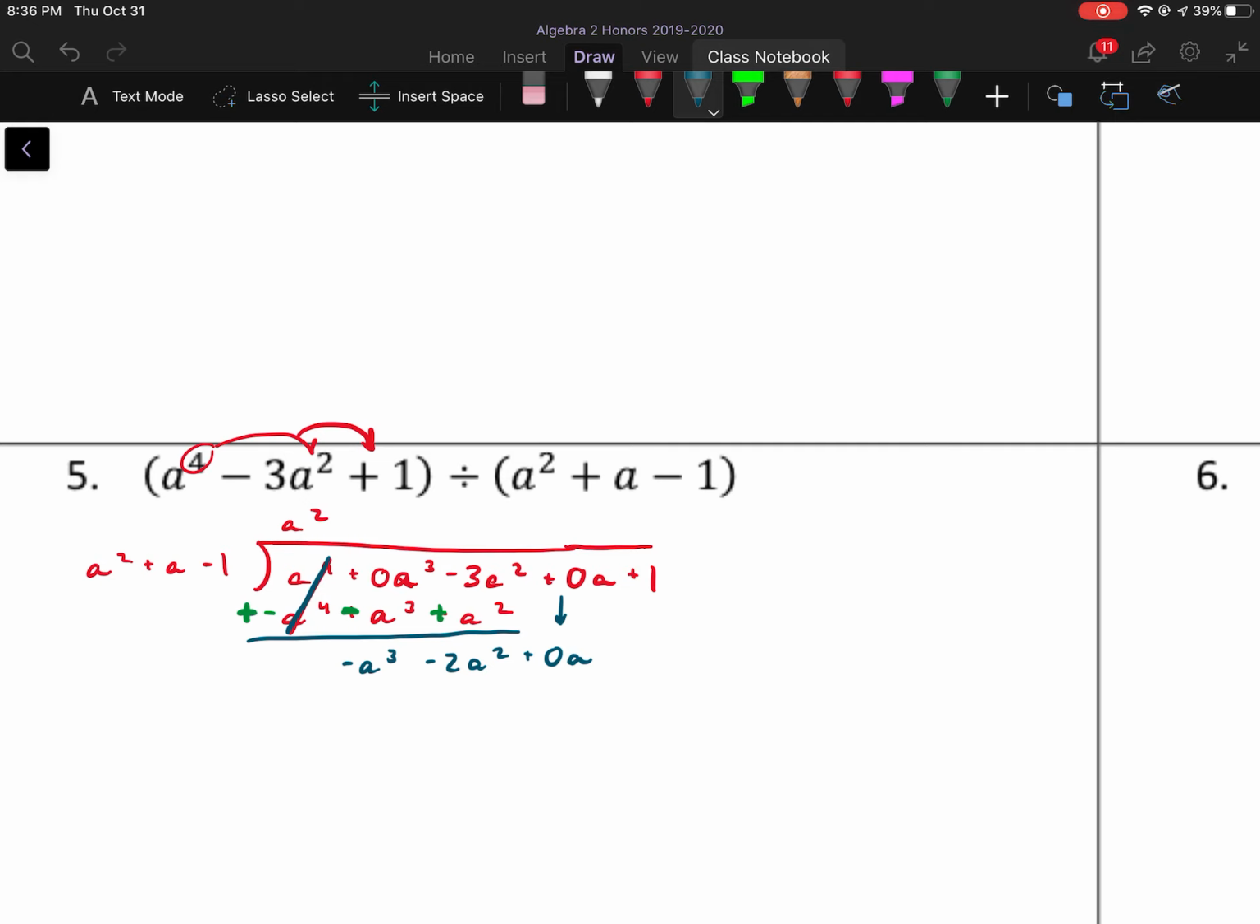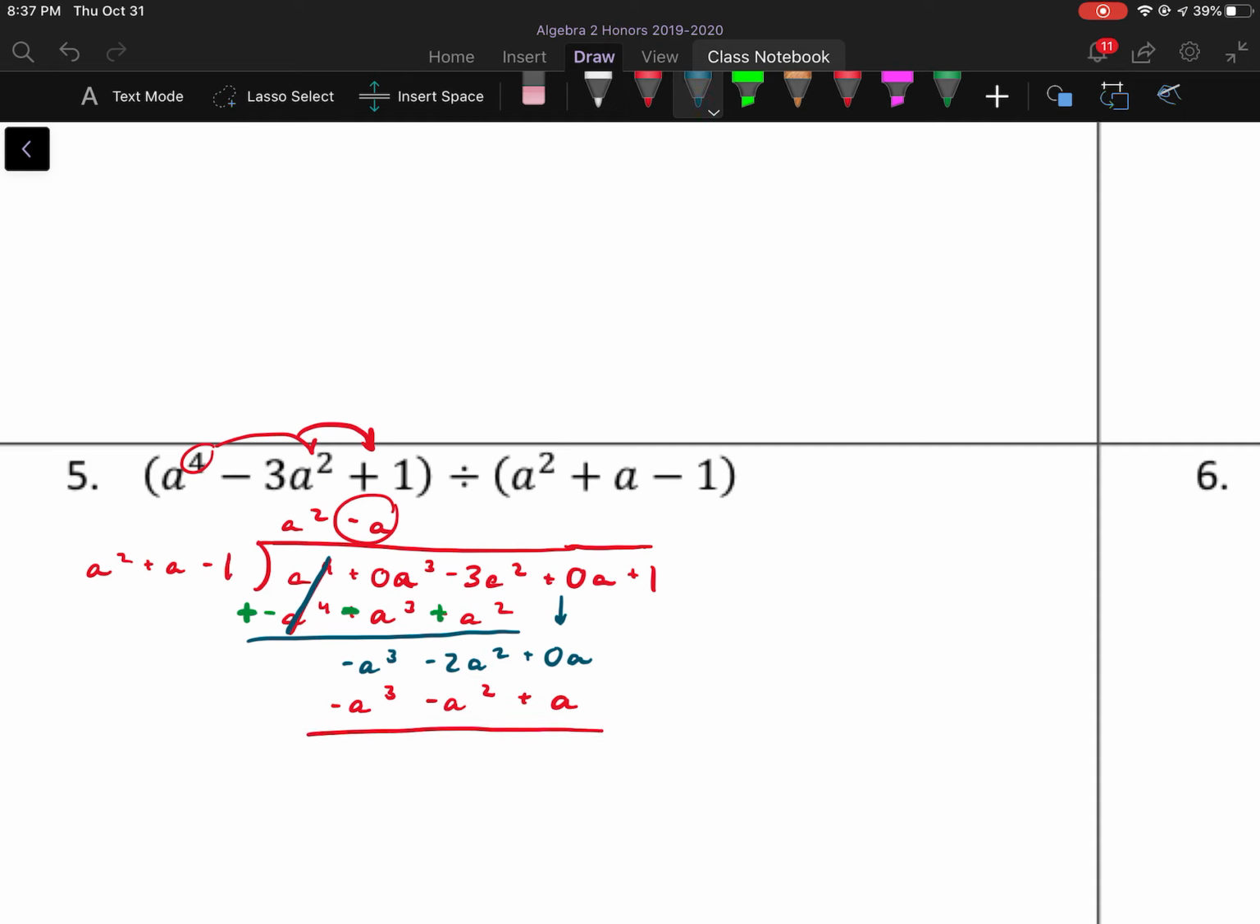And now let's think. I need my divisor to become a negative a to the third. So I'm going to multiply by negative a this time. That's going to give me negative a to the third when I do the a squared. And then we're going to multiply just the a by it. And negative a times a is negative a squared. And then negative 1 times a is a positive a, because the negatives cancel out for you. And now when we start combining,